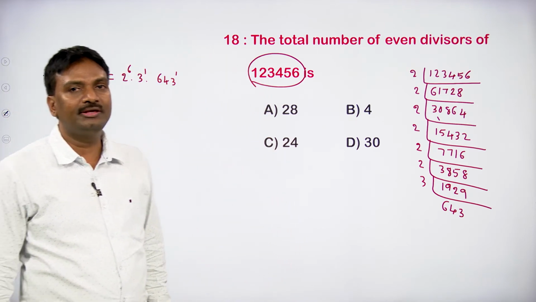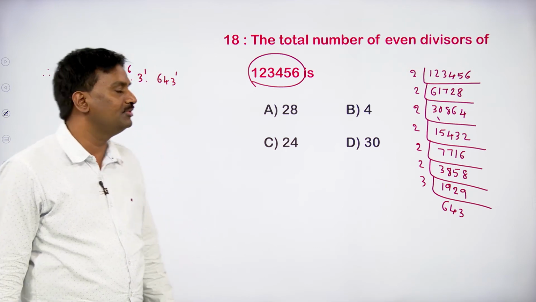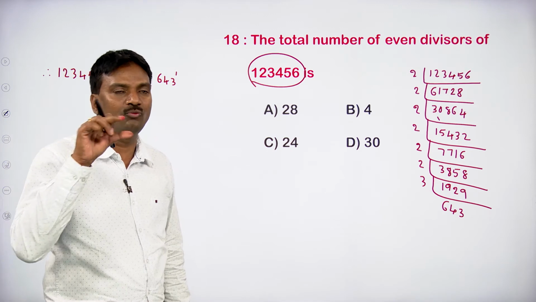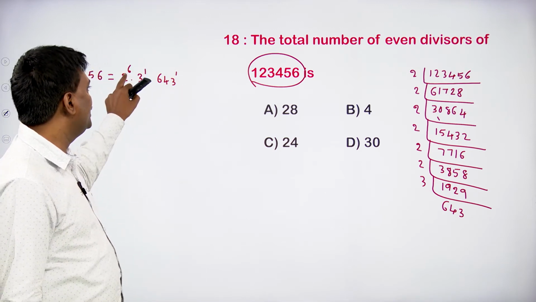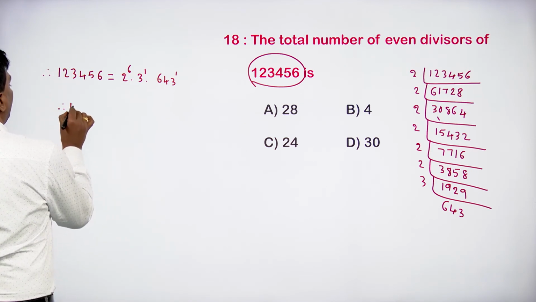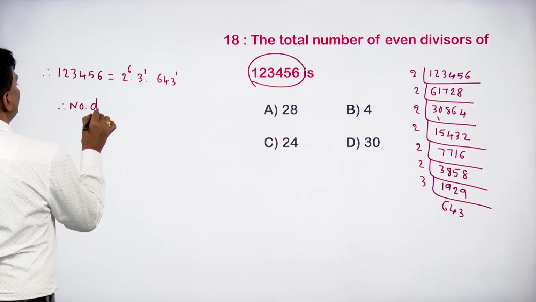So according to the given passage, the number of even divisors formula is P into Q plus 1 into R plus 1 into so on. Here we have only 3 numbers P, Q, R: P equal to 6, Q equal to 1 and R equal to 1. Therefore, number of even divisors equal to